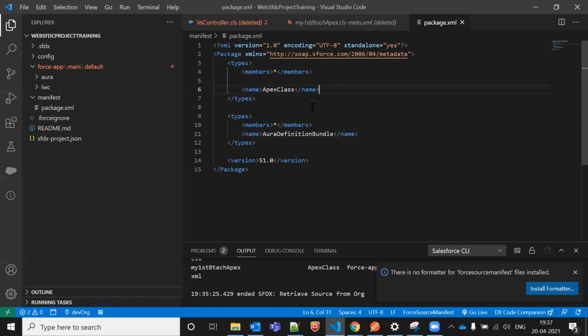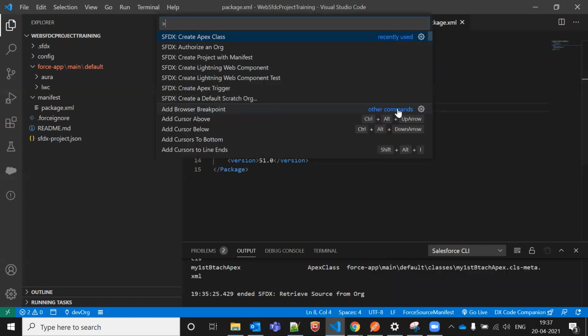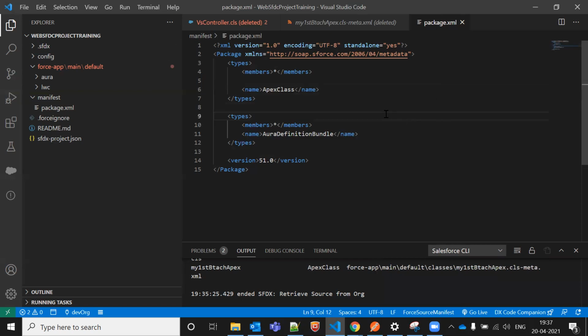Now we'll do one thing. Let's say if we want to create some LWC component here, a Lightning Web Component. If I press Shift Control P... but before going to the LWC component, let me tell you why we use the LWC component. What's the benefit of that? Compared to the others, LWC is used for the UI perspective. So we are using LWC for your UI perspective.